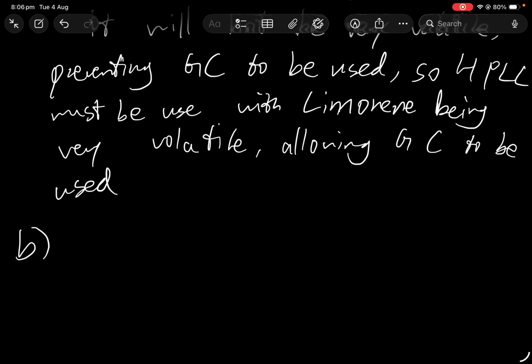Alright, for the second part of this question, it says a junior technician attempts to save time by running a non-polar limonene sample through a reverse phase HPLC system instead of the correct machine. Describe the relative polarities of the stationary phase and the mobile phase in the reverse phase setup. Well, because it's reversed, normally the stationary phase is polar, so now